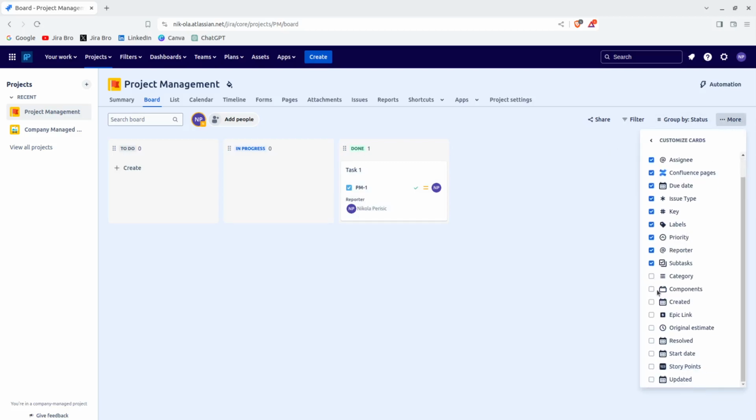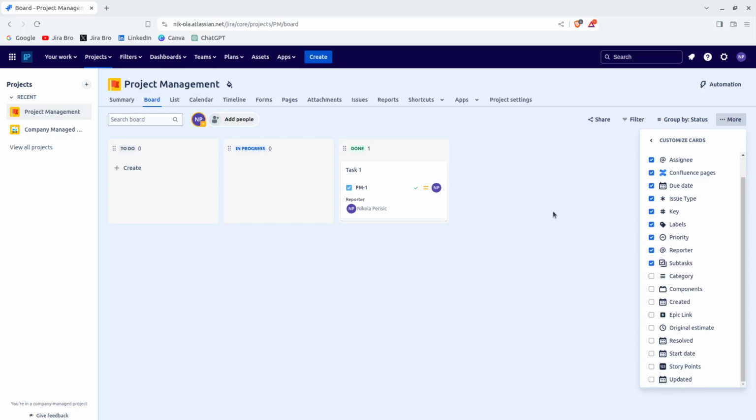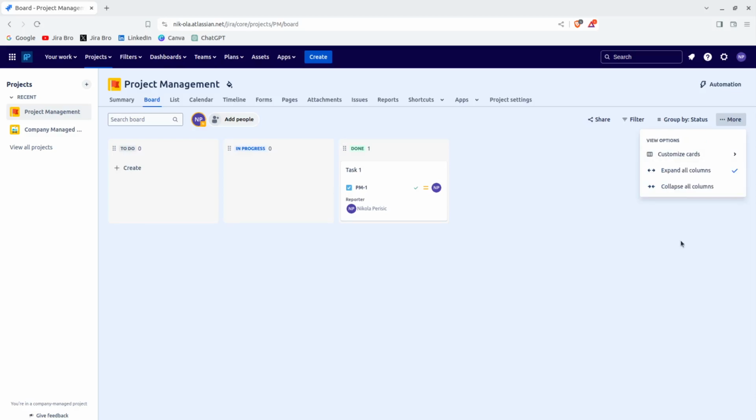So a lot of customizable options that you can add. So you can have the original estimate, all of those good things that you can add in here. And you can also expand all columns, or you can collapse them so they look like this, but mostly you're going to have your